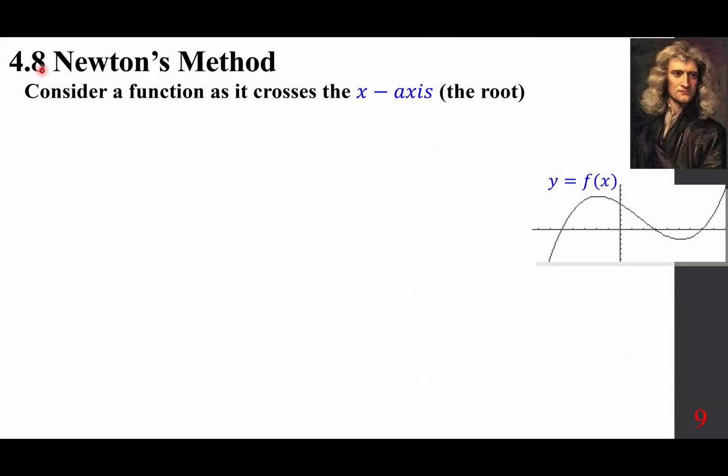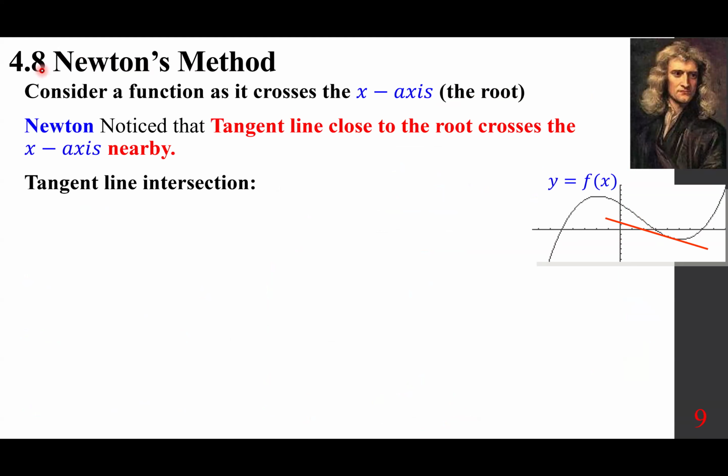Section 4.8, Newton's method. Consider a function as it crosses the x-axis, the root. Newton noticed a tangent line close to the root crosses the x-axis nearby. So what is the tangent line intersection? Let me explain what happens here. If you look at this curve, everybody, it has several intercepts. If you look at one of them, for example, this one,